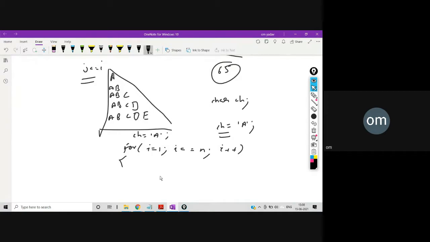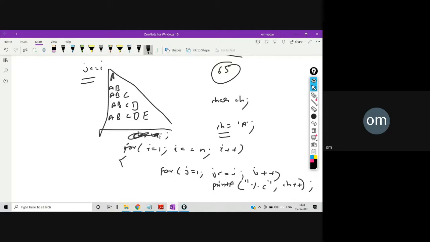Now what we can do, for j equal to 1, j less than or equal to i, j plus plus, printf percent c, ch plus plus.